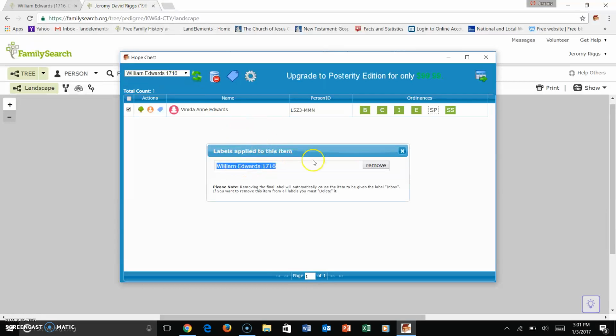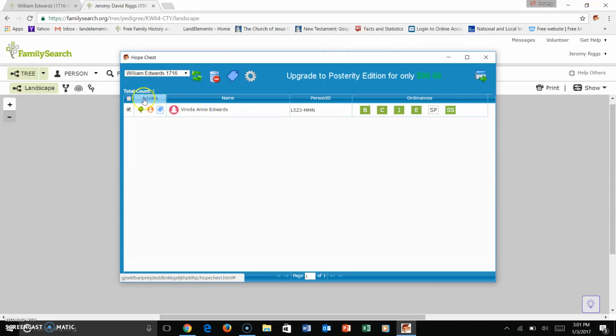If you have the free version, all they will be tagged as is in your inbox, because that's the only option that you have. So up here, this refreshes just Hope Chest. If you're running a search and working at the same time, it will add new names that have been found since you opened it to this folder or area. These are the settings for Hope Chest. Again, that's just if you want to apply a different tag. Again, some of these options are only available if you pay the $10. But we'll go ahead and click on